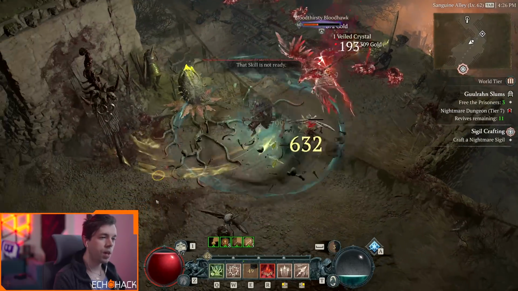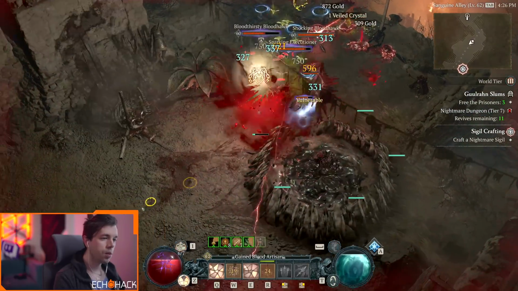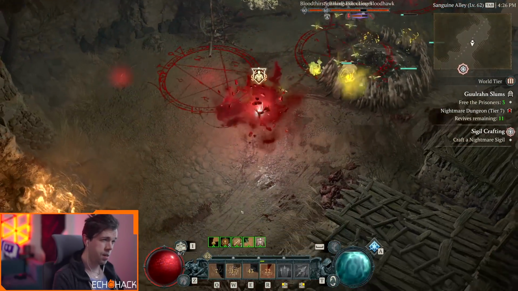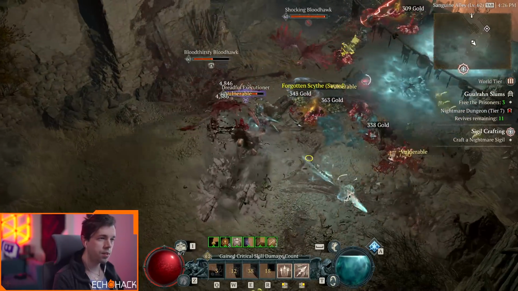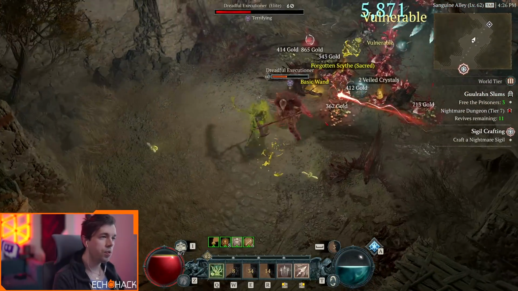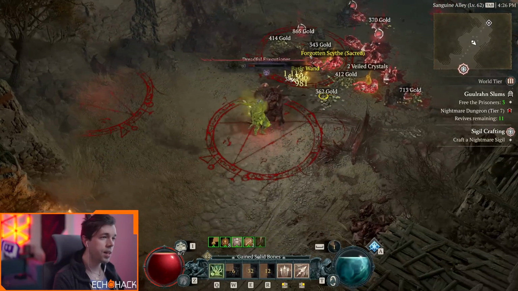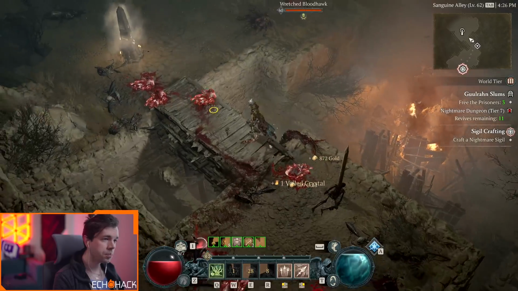Now you might say, okay, well, Echo, why don't you just take the aspect in the Shift to Ruins that gives you movement speed on crit? And that's really great for leveling, by the way. That aspect is actually in my leveling build. However,